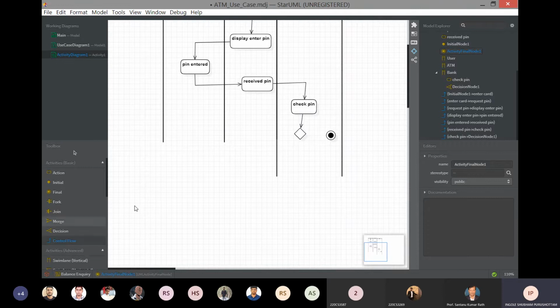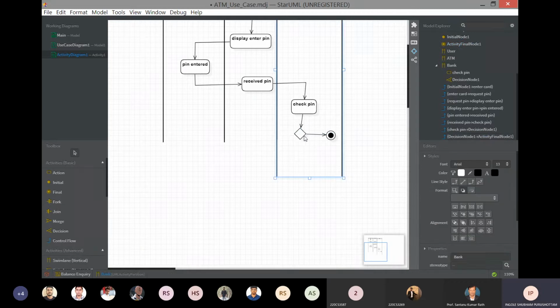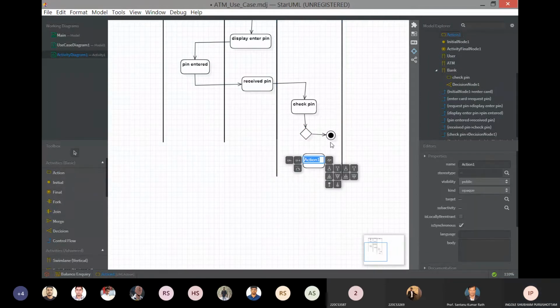So if the pin is not valid, okay, I will end the transaction. Or if the pin is valid, it will proceed further.